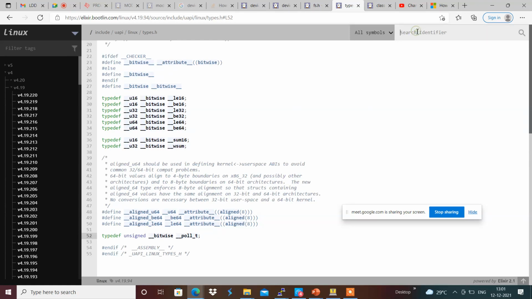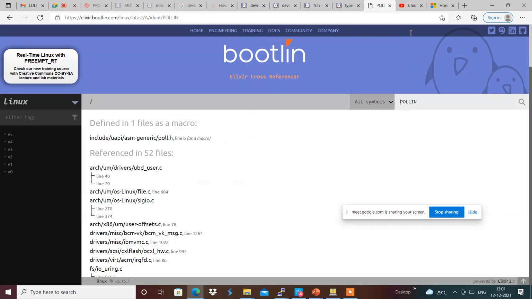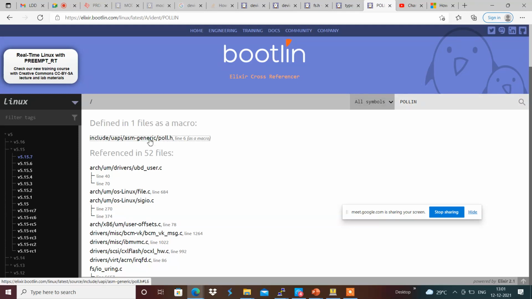For example, poll in is the one which denotes that input data is available, and poll out denotes that there is an output.